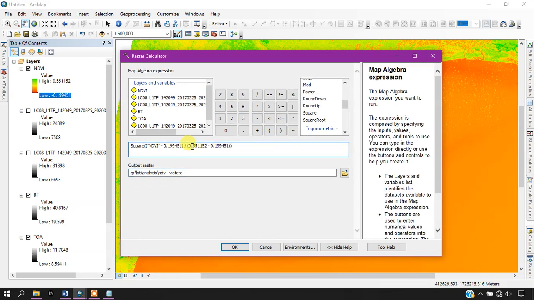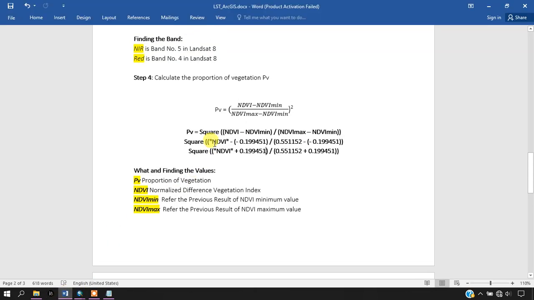I am going to explain another thing. You can see here the low value is negative.